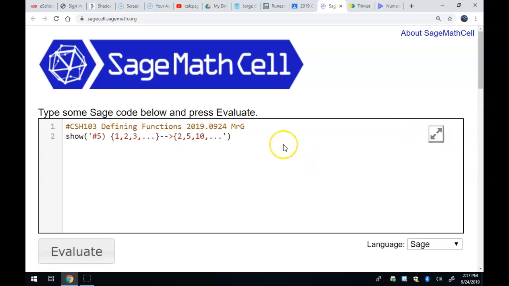Okay, so let's define that function. Define, I don't know, what did I call it? H of n. I don't know, whatever you want to call it. And return n squared plus 1. Let's see how that works. Show